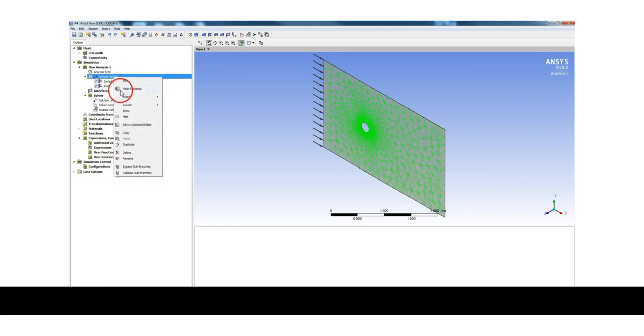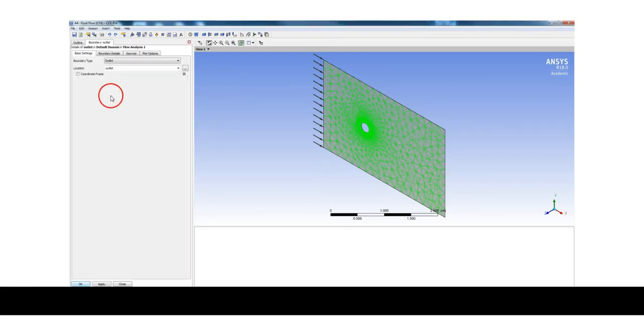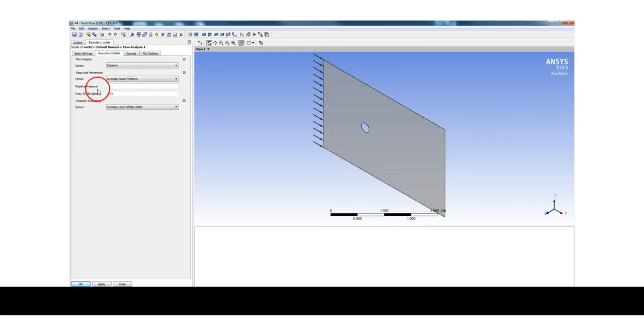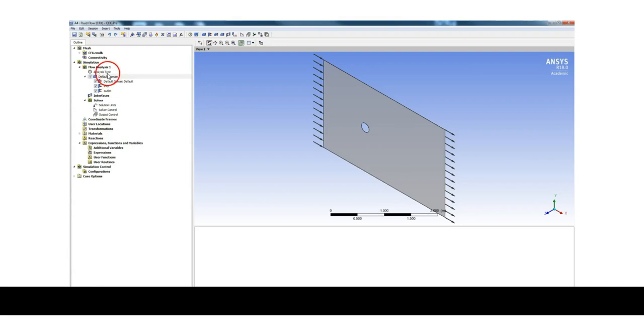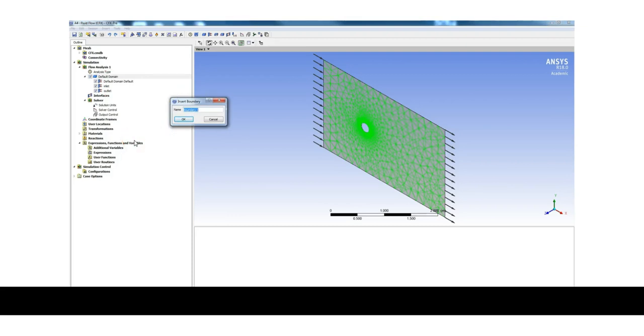Okay, then right click on it, insert boundary, this time to enter outlet. Okay, so again it automatically locates outlet. Now let's click on boundary details. This time the relative pressure, the pressure has been given to us, which is atmospheric, 101325 Pascal. Apply. Okay, right click on it, insert boundary, let's